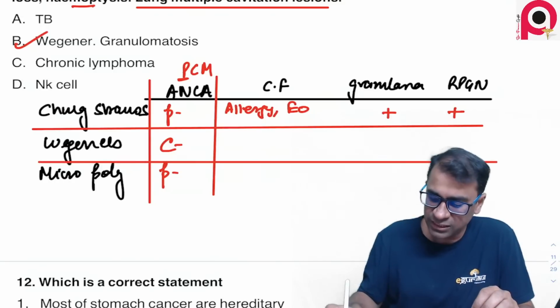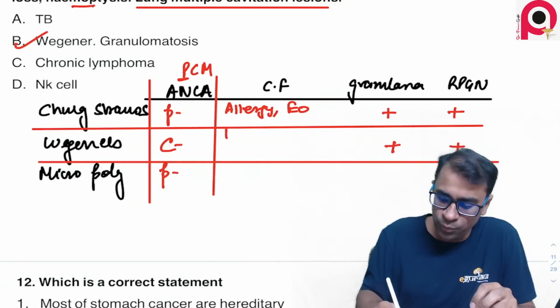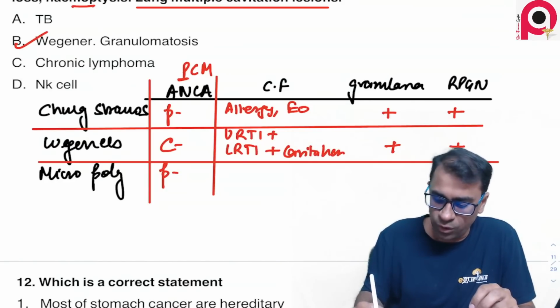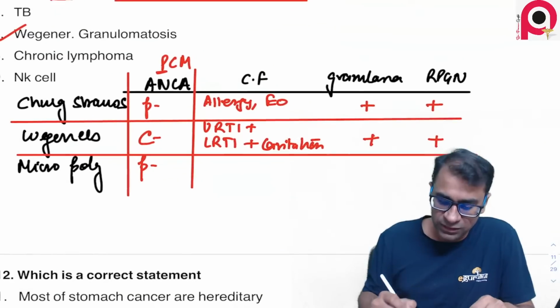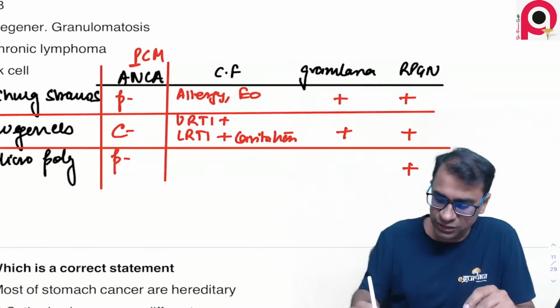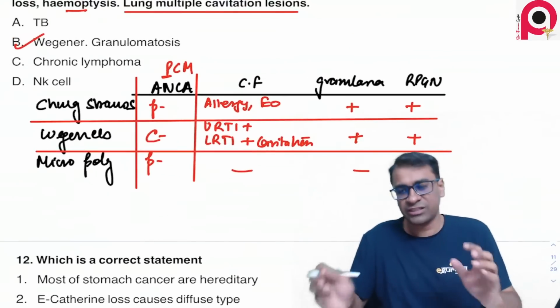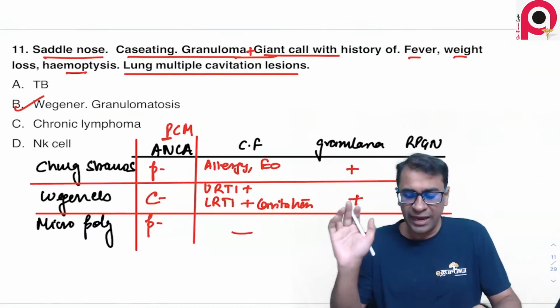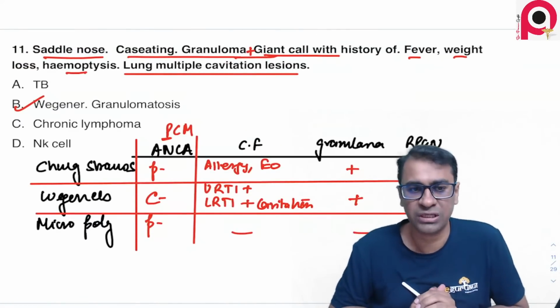If a patient has a history of RPGN, granuloma with upper respiratory tract infection and lower respiratory infection, and along with that, if they have lung cavitations, it becomes a case of vaginous granulomatosis. Suppose you see a history of RPGN, no granuloma and no such finding, it straight away becomes a case of microscopic polyangiitis. The simplest way to solve any question on small vessel pauci-immune vasculitis.